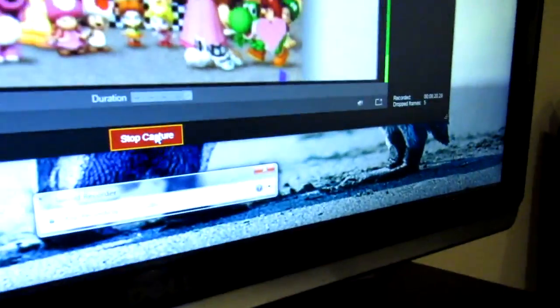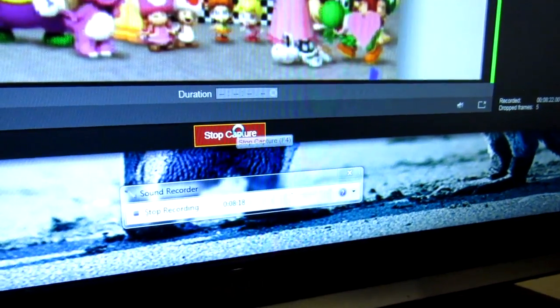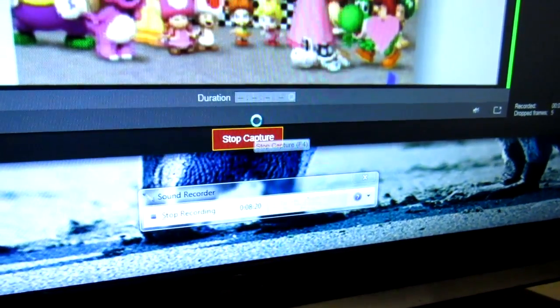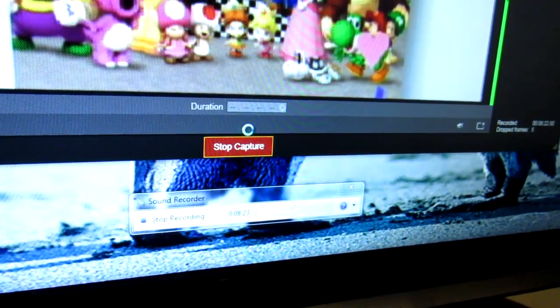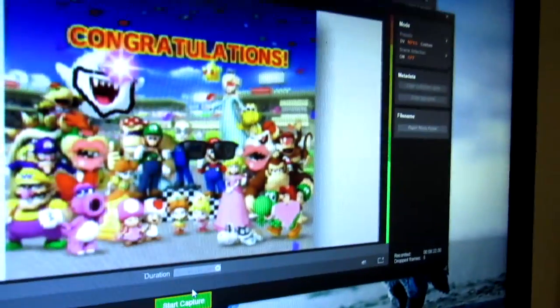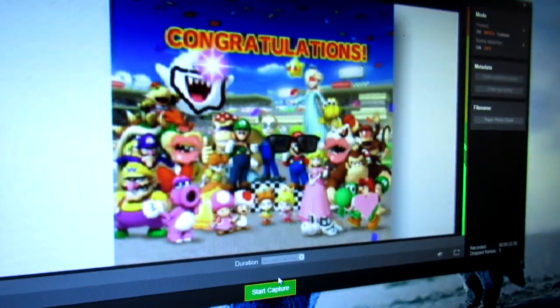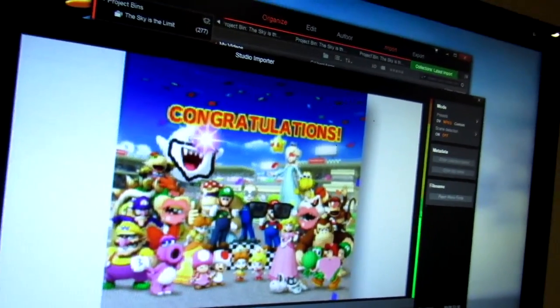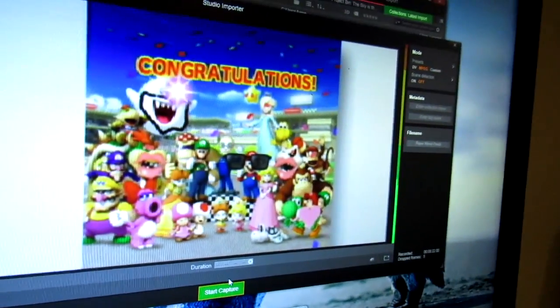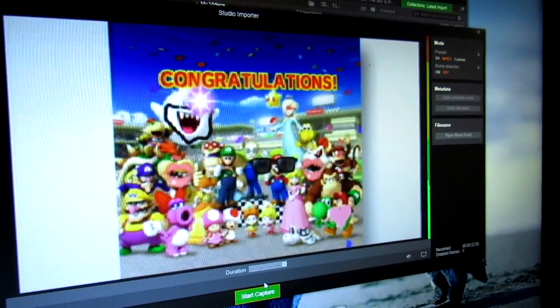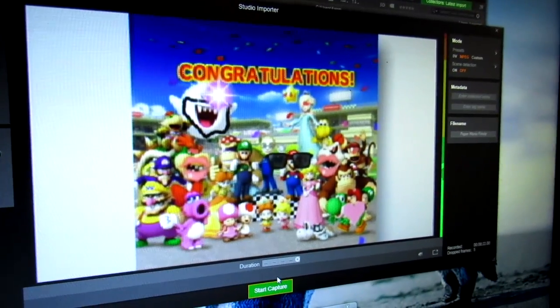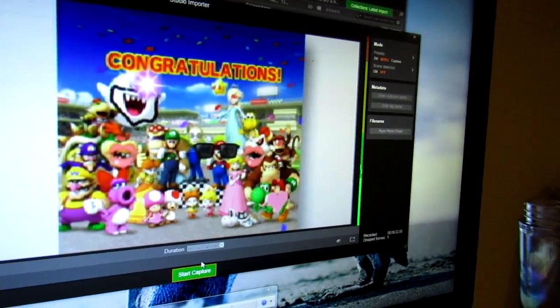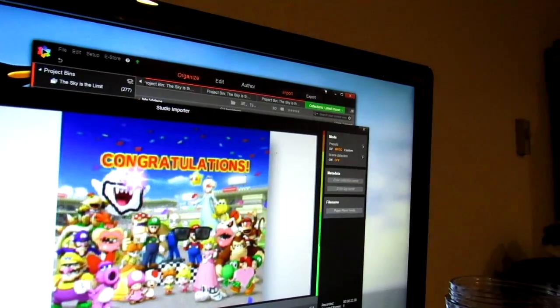So from then on, when I'm ready to stop recording, I hit Stop Capture here. If I can click on it, there we go. You're going to see this actually as a separate video, the recording of me playing around on the photo channel here. And I guess I decided during the video that I would make this my one-time face cam video where I basically show you guys what it looks like when I'm